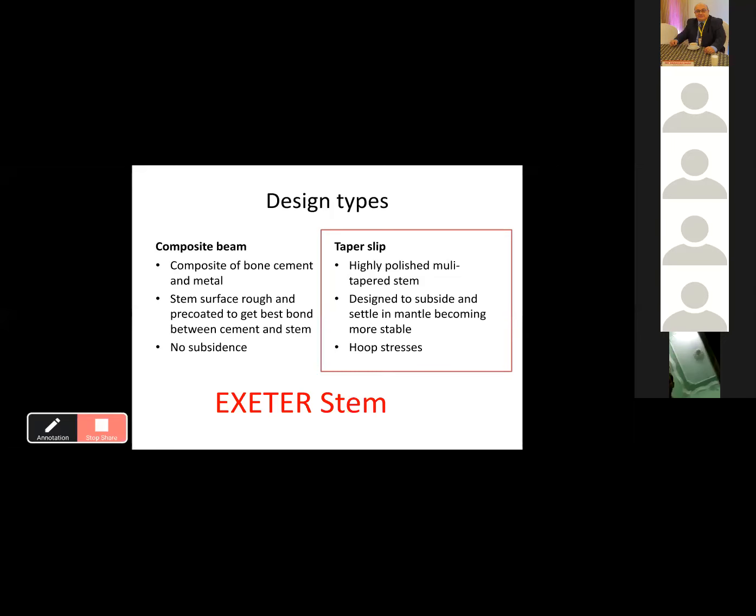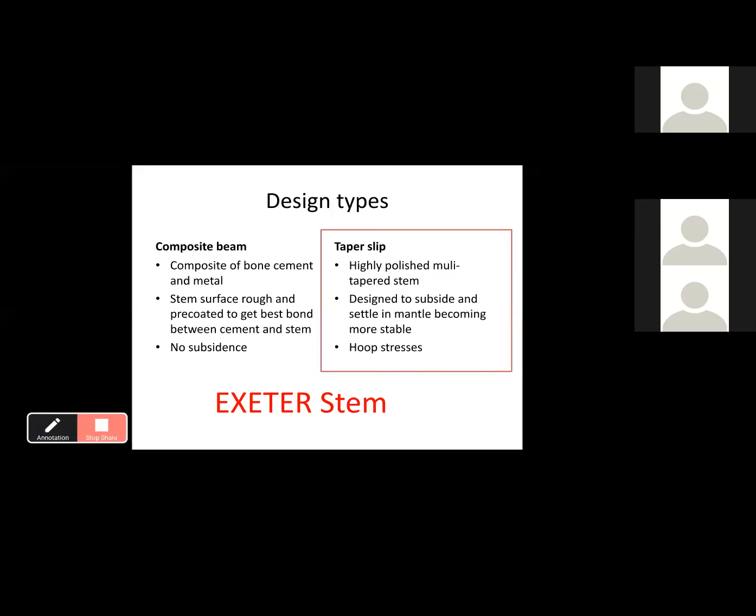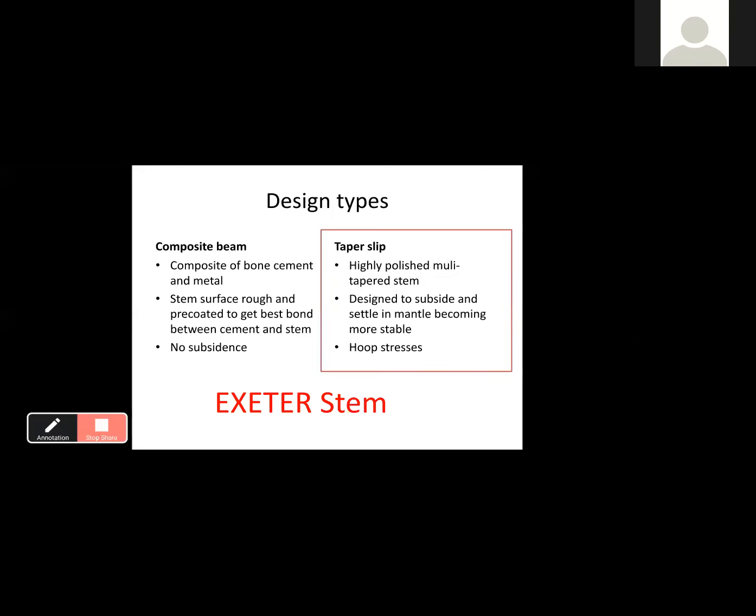What you're trying to do is get your cement to go into all of those nooks and crannies to bond to the stem within the cement. You would not expect these to subside, so they would be placed, and then you wouldn't expect them to move